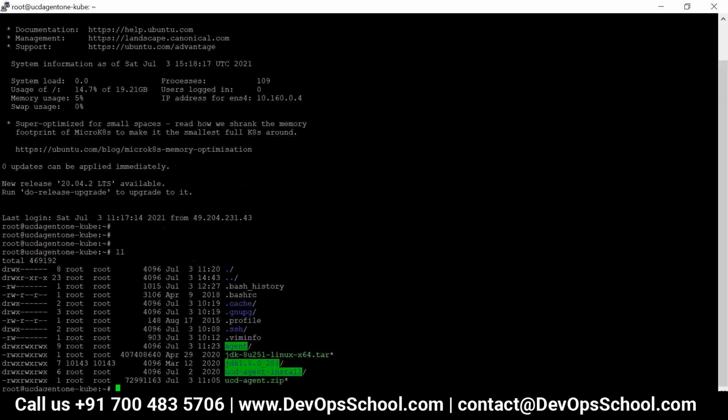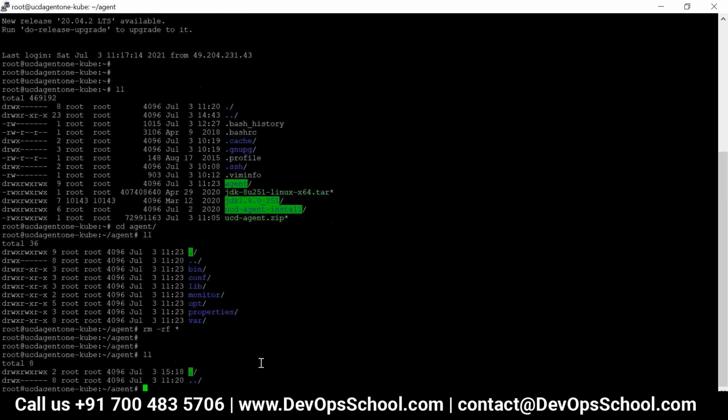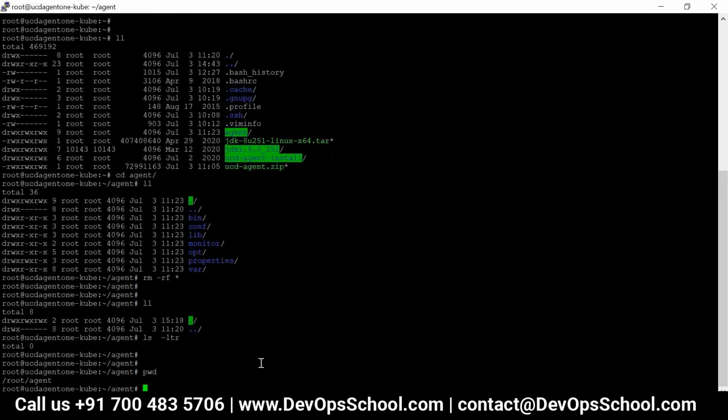Okay, so I have already copied that one, unzipped that one, untarred that one. JDK I already have set up. But the agent, rm -rf *. Okay, in this folder I want to install. Nothing will be there in this folder. Okay, pwd.